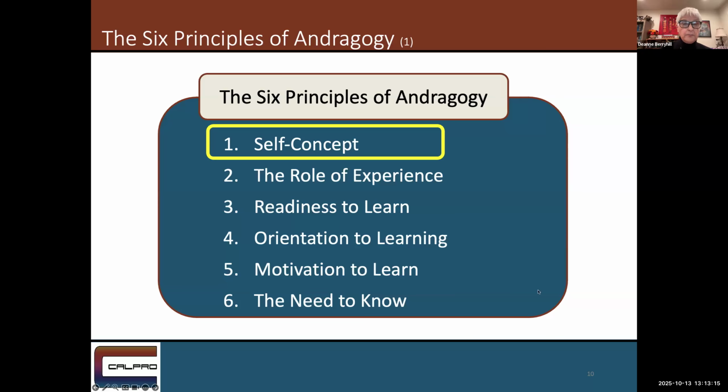Okay, so let's get back to our first principle of andragogy, self-concept. How do you see this principle showing up in your classroom? What does that look like? You can respond in the chat box or just simply unmute yourself and share. Anybody have a